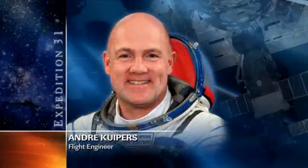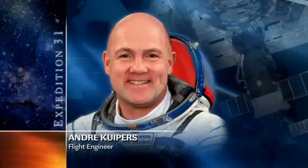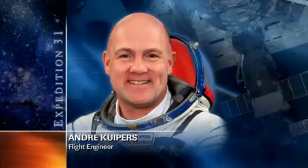Moving on, we have European Space Agency astronaut André Kuipers, who began his day doing some inventory work of the Human Research Facility supply kits. He's also doing some more unloading of cargo from the Automated Transfer Vehicle 3, or ATV 3, currently docked to the station. This will be his third day of doing such activities, tagging up with controllers down here on the ground